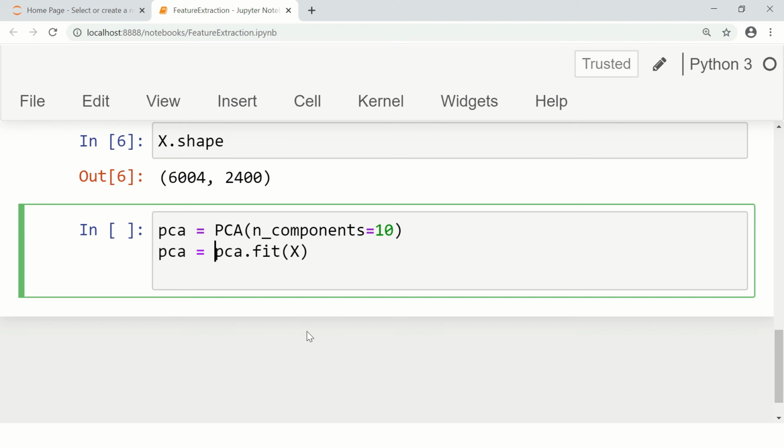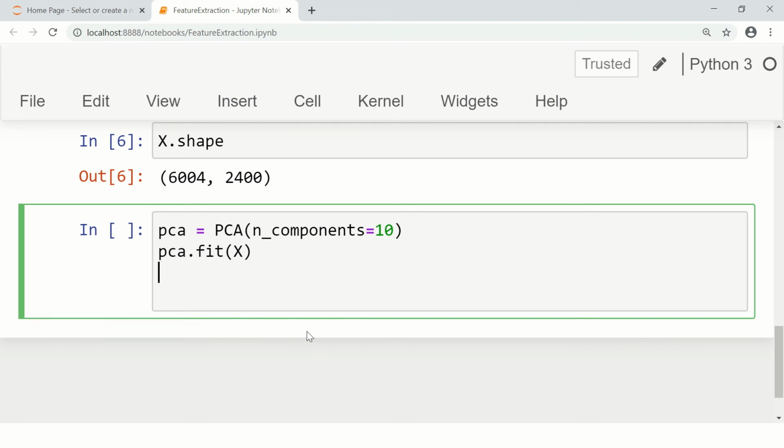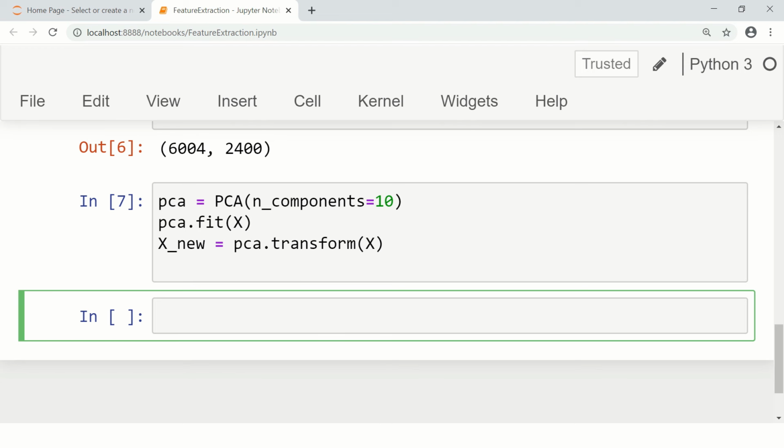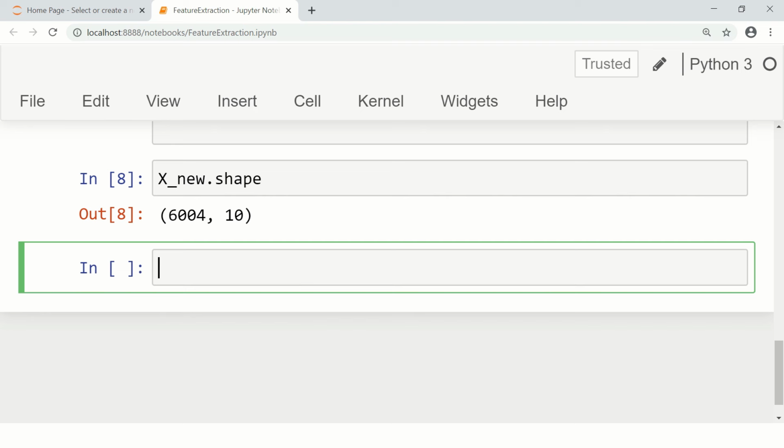Then we can call pca.transform, which transforms this x to x_new, and we can now see the dimensionality of x_new. The x_new.shape, as you can see, is reduced to 10 dimensions,